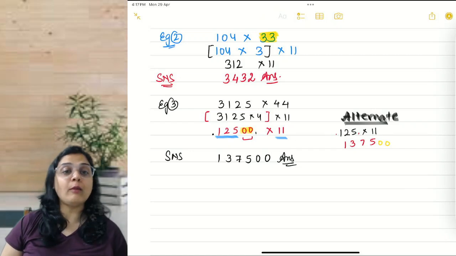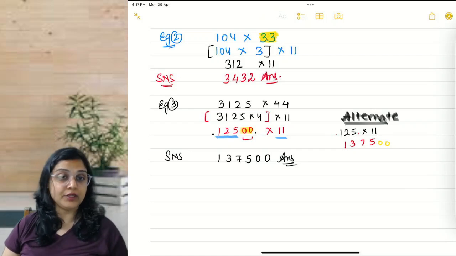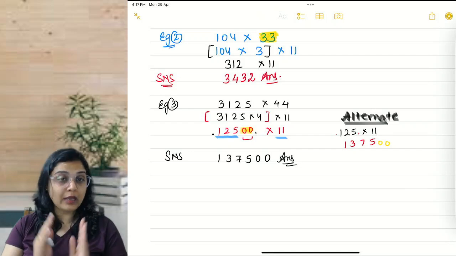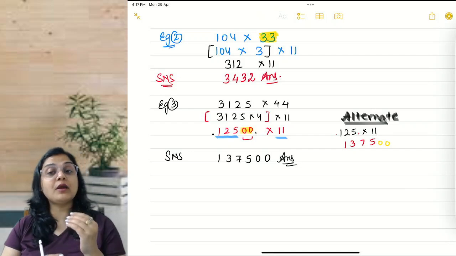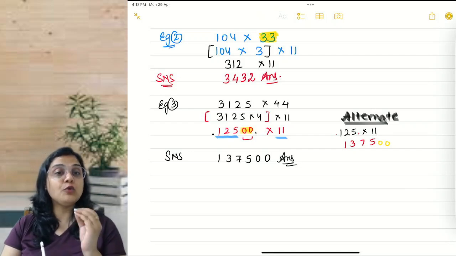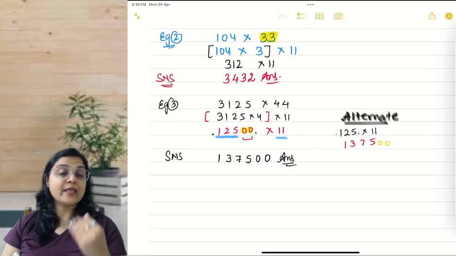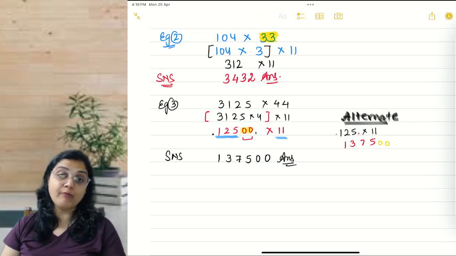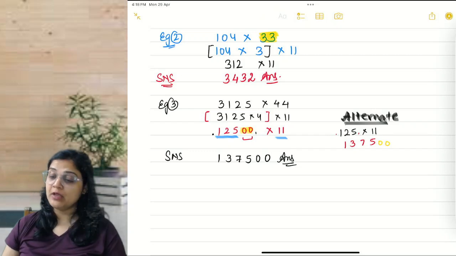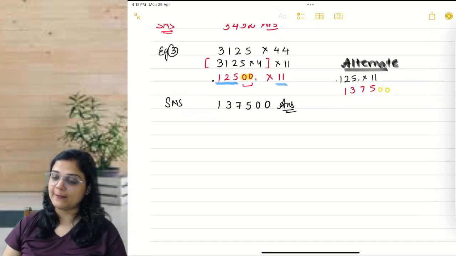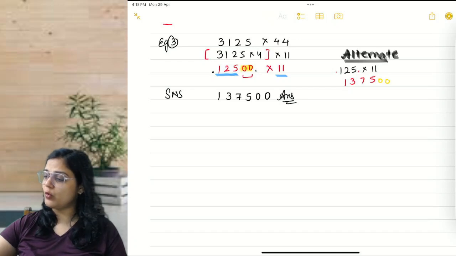See, Vedic math is all about how smartly you are doing the calculations. All right. It's not necessary that you follow exactly the way I am telling you. If you have some creative tricks for yourself, you can go with that also. It's always a win-win situation for you if you have some smart ways of multiplying quickly. I am saying multiplying because right now we are discussing multiplication. So I'll do some more questions with you. I'll not leave you here.